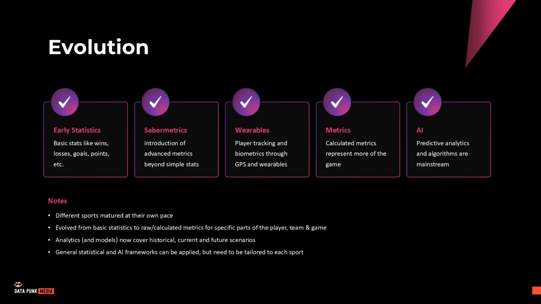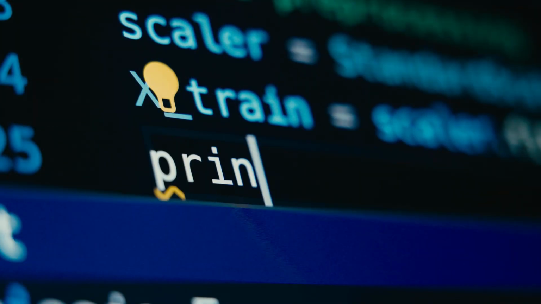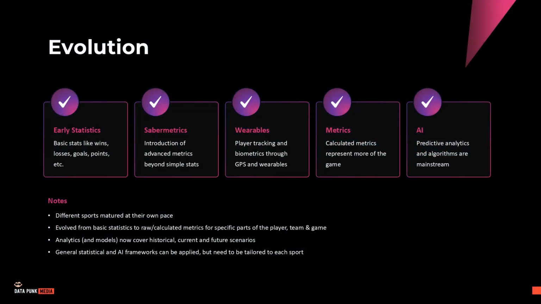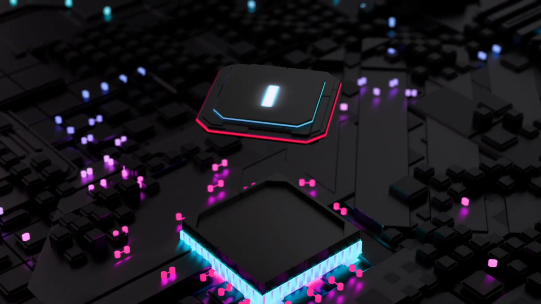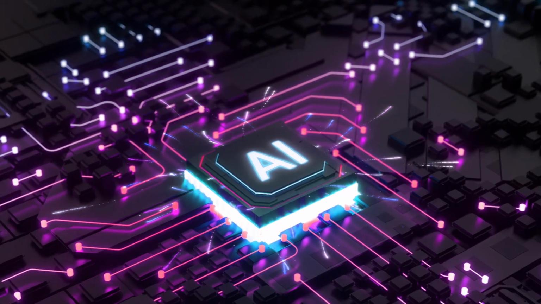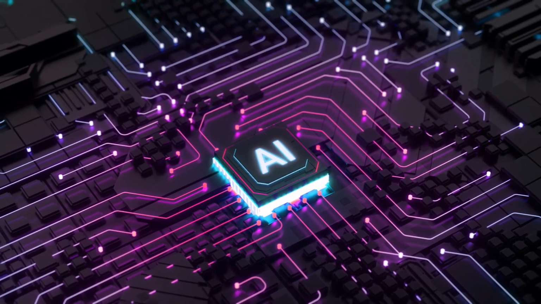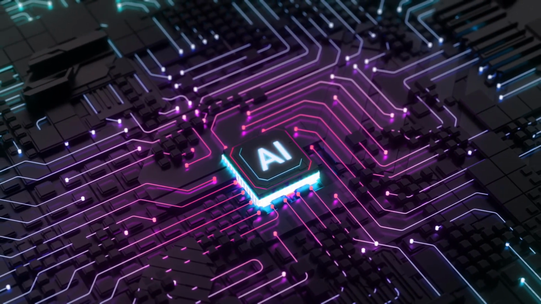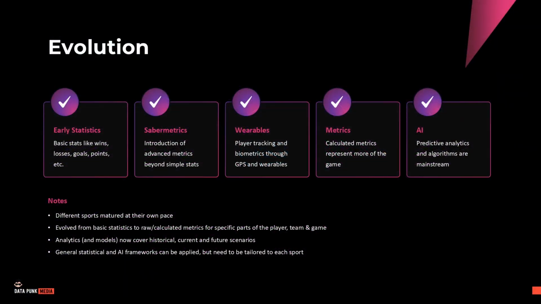5. Integration of AI, machine learning, and predictive analytics, the 2020s. Recent advances in AI and machine learning have transformed predictive analytics in sports, with algorithms now analyzing vast amounts of data for real-time decision-making. Teams use machine learning to forecast player performance, assess injury risks, and even predict in-game strategies